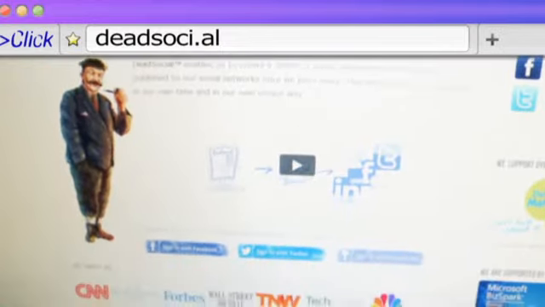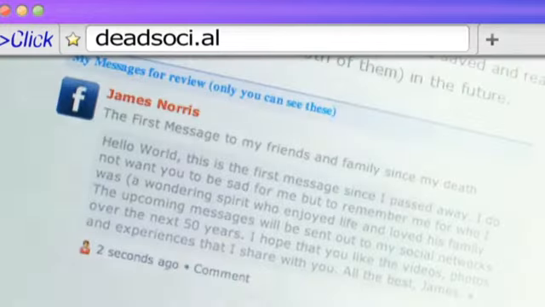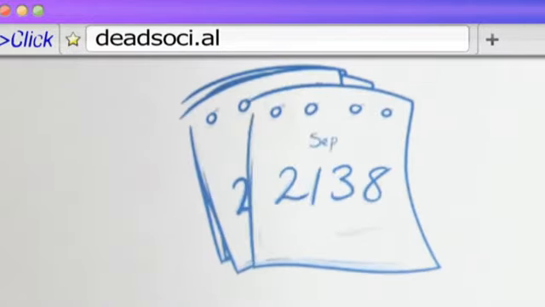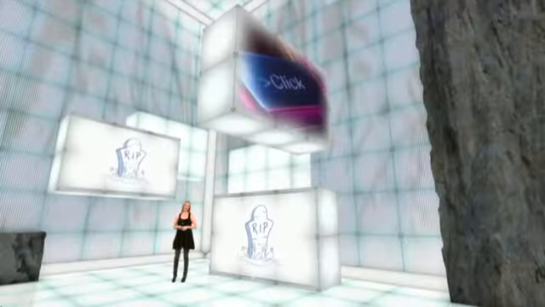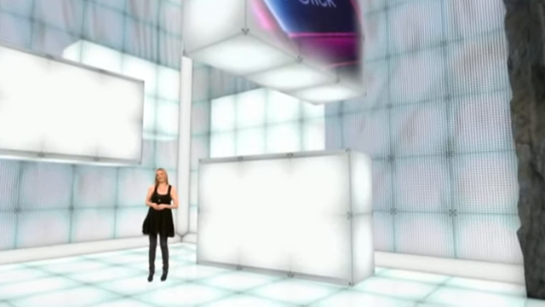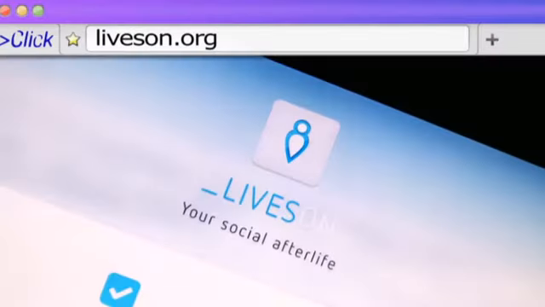Taking it one step further, Dead Social lets you schedule posts years into the future, uploading video or text so you can keep posting photos of your breakfast, or perhaps more appropriately, wishing your social media buddies happy birthday from well beyond the grave. It may seem a bit creepy, but I can see how it would be comforting to know you can leave some last words for your friends and loved ones.